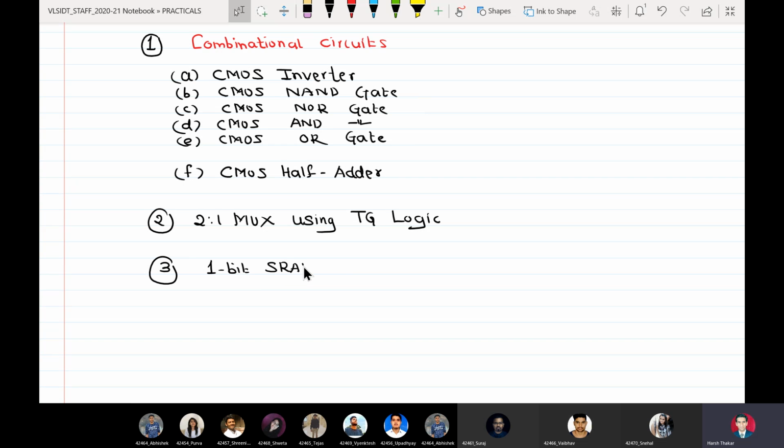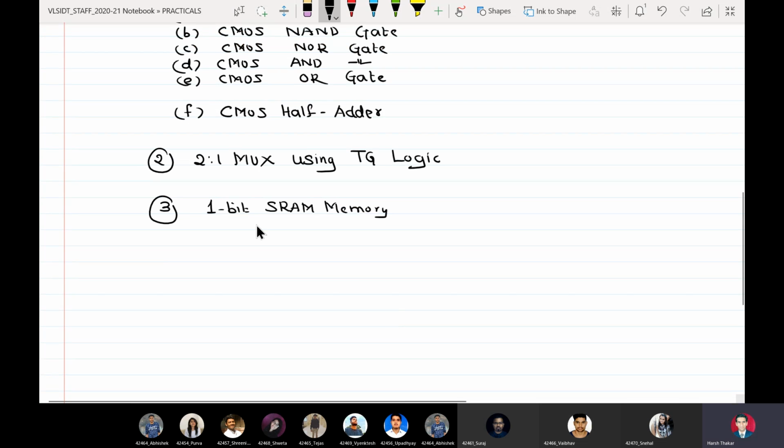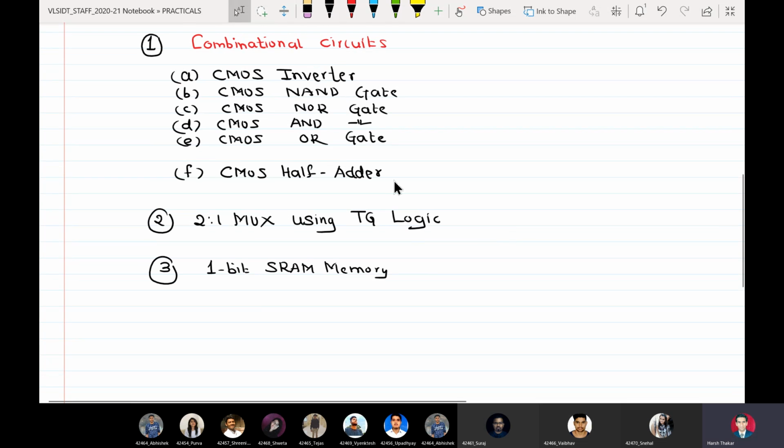1-bit SRAM memory. Okay, so here some additions from my side are like this, that